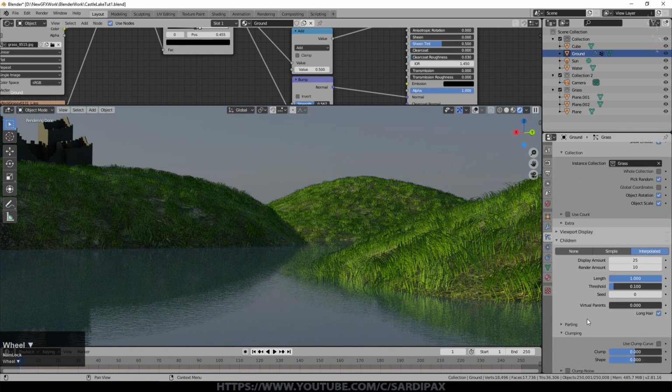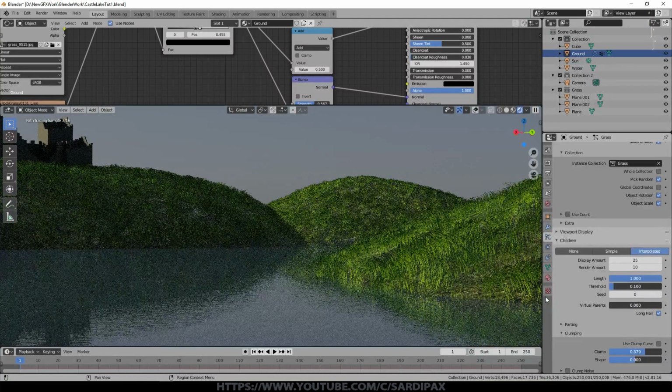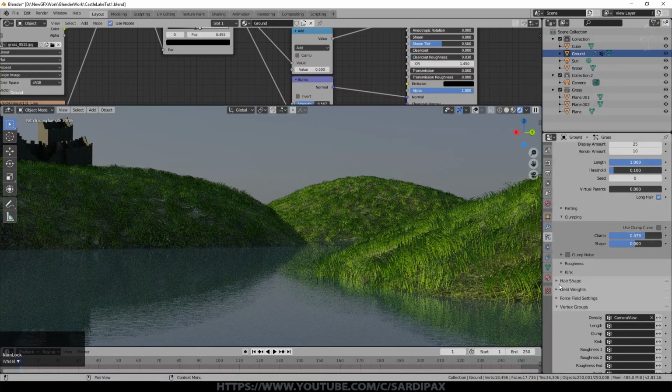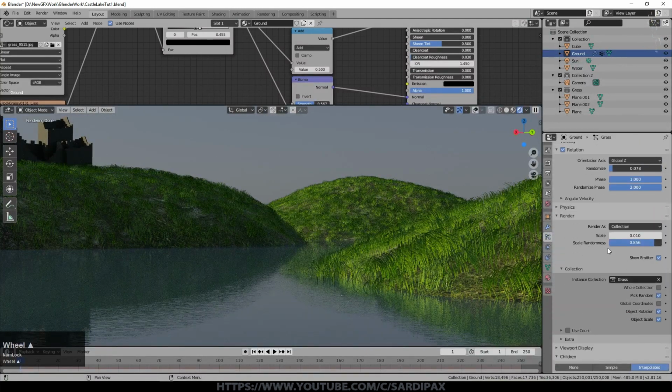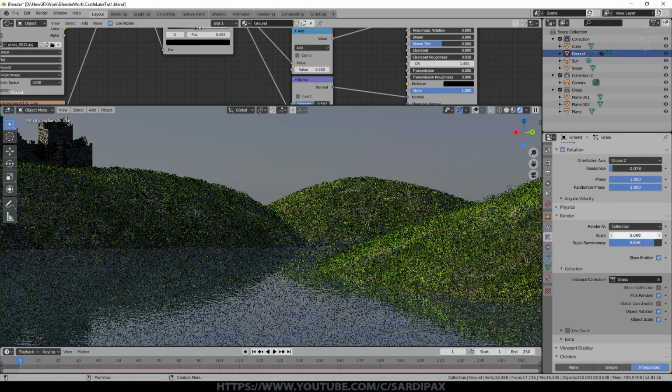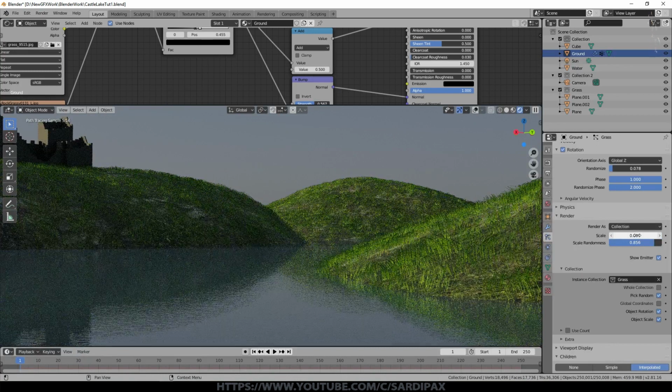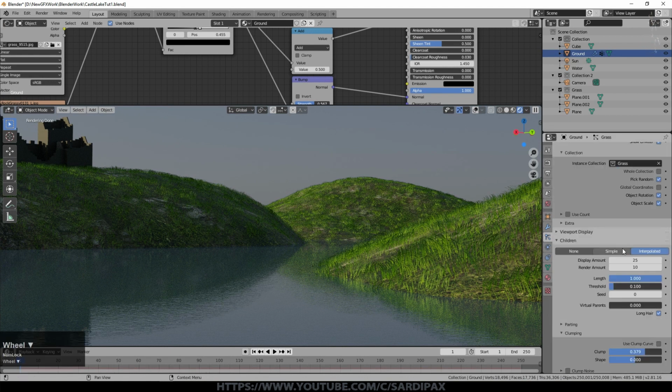And things like clumping. So this will actually draw grass blades together or push them apart. You can see it's struggling a bit now because I've got so many grass blades in the scene and I'm rendering them as well. So I think we'll drop the scale slightly at this point. So that's about 30% smaller. You can see there's a lot of bare ground visible, and I've only created 3 grass blades as well, so none of that's ideal, but it's giving you an idea of how this works.